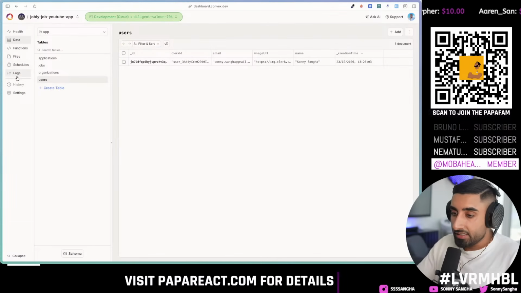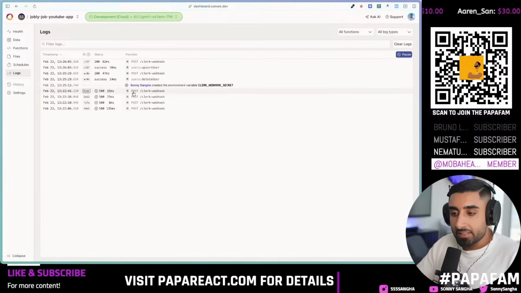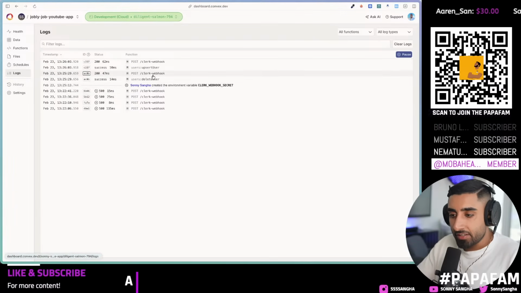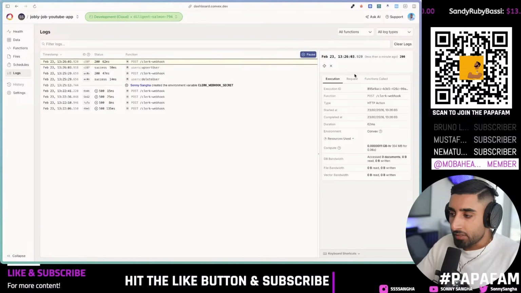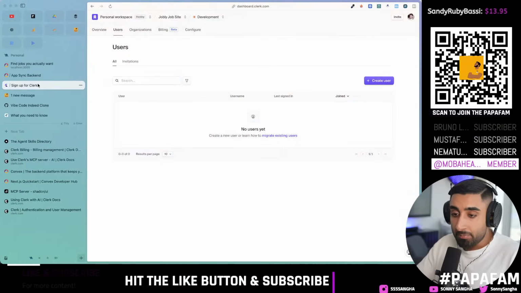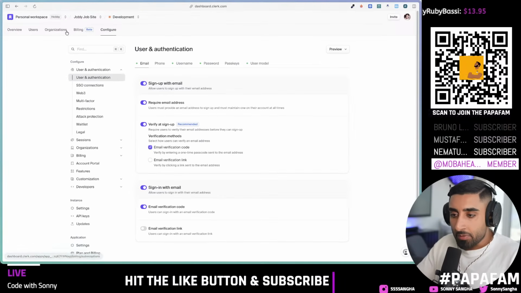I didn't do that. It did it itself. We go to logs. We can see, hey, look at that. Sunny created the environment variable. And then we deleted the user, and then we added the post Clerk webhook. So that's when the user logged in. And we can confirm that it's true because if we go over to Clerk and we go over here, firstly,